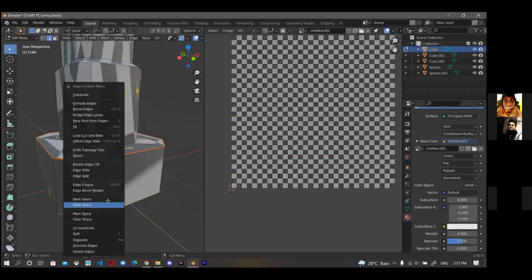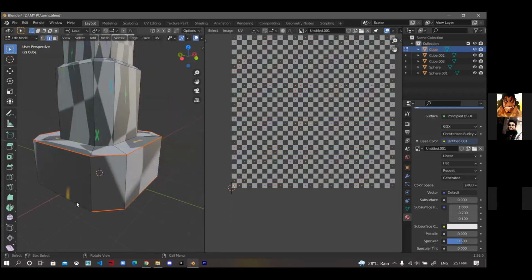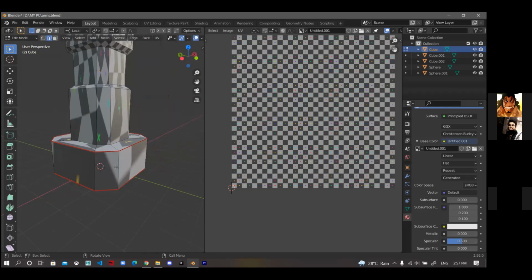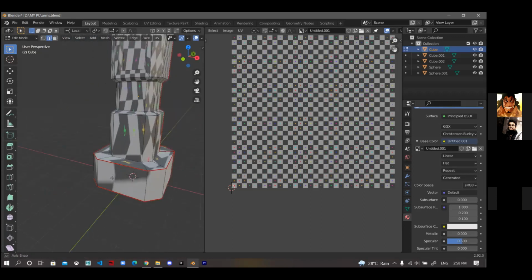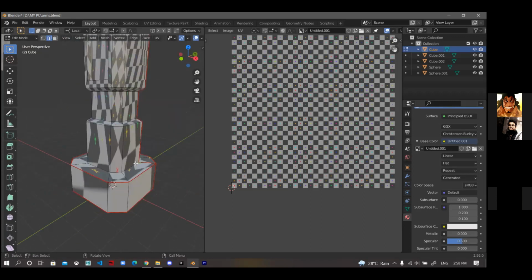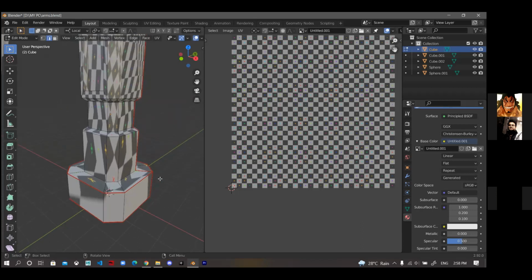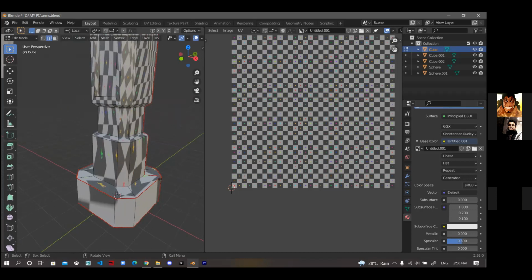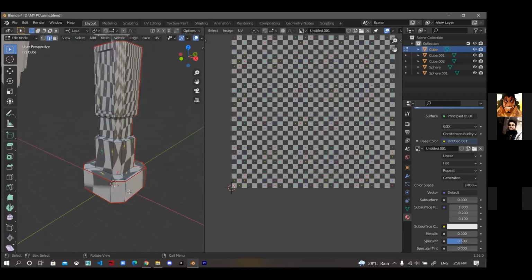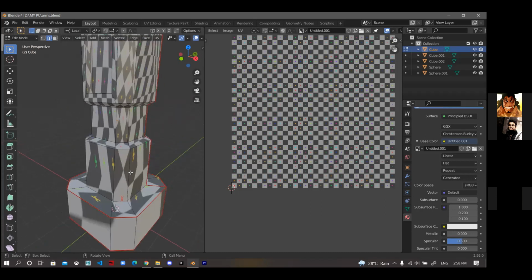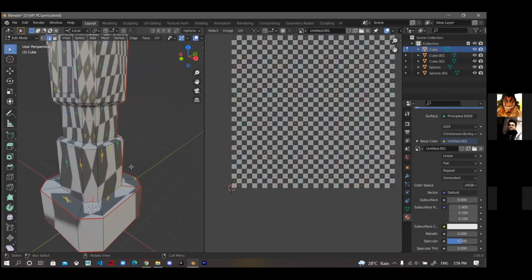Yeah, like you can see that this model that Ayush is currently working on, I made that, but I did not correct the topology of it. So these are the problems that it causes while texturing the model. You have to have perfect topology of the object, or else the textures will be stretched like these. There are many n-gons in this mesh, and the topology is all out of place.